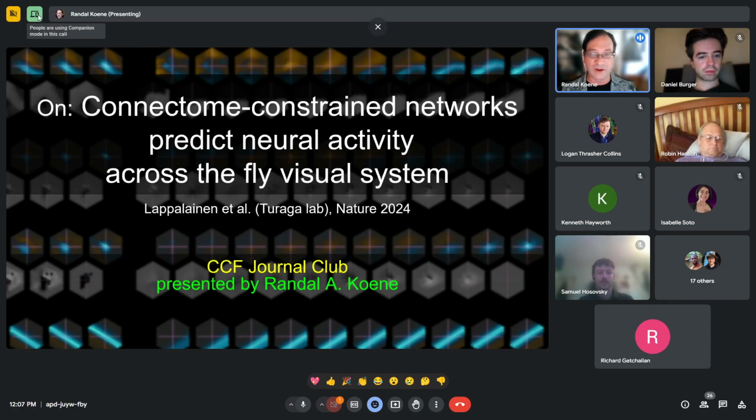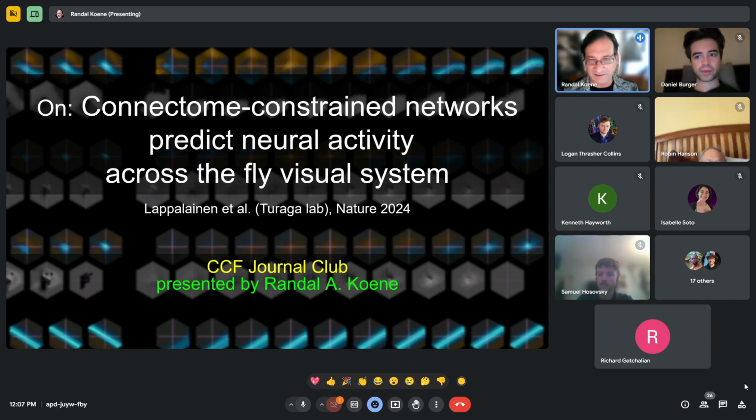Today we're going to be making our way through the recent Nature paper from the Srini Turaga lab that's been making waves, or waves in our circles anyway. It's a pretty dense paper that has quite a lot of supplemental material and extended data, and even some nice Colabs that you can run off their GitHub, which makes it really nice to get hands-on with it. But it also means there's a whole ton of material there. So I'm probably going to dive right in because it's dense and long.